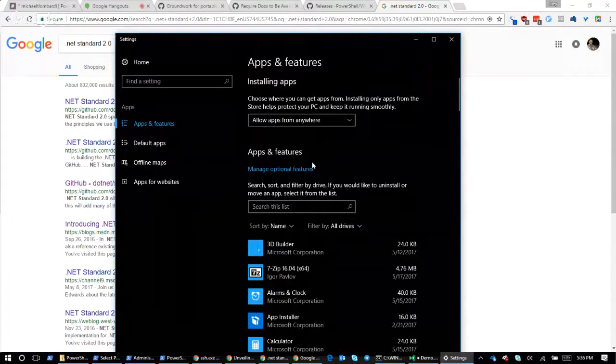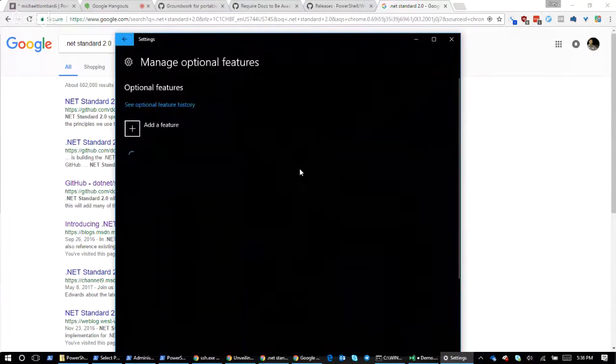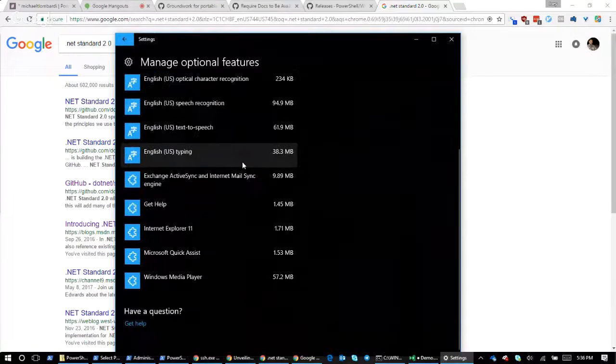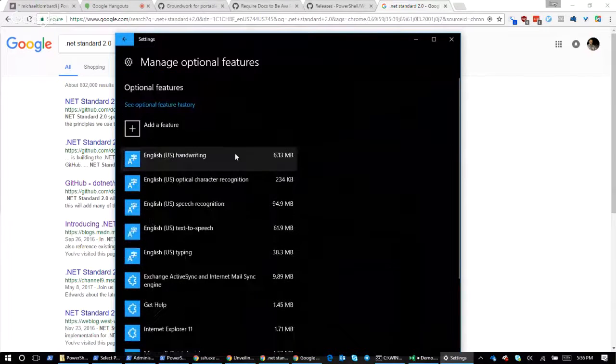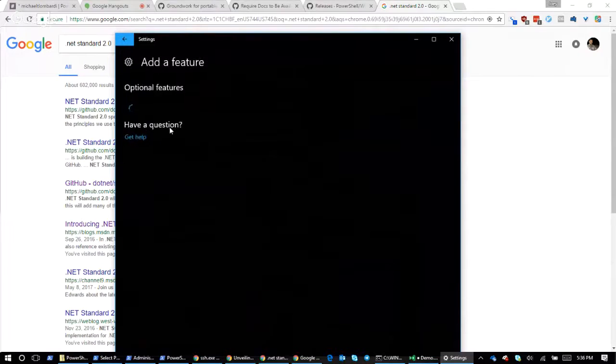But manage optional features. Boom. That's in Apps and Features. You'll see I don't have these installed right now, but if I were to hit add a feature, these have to load and do all kinds of crazy stuff because I'm on an internal build or whatever. This is going to populate a giant list filled with mostly Chinese handwriting packs.